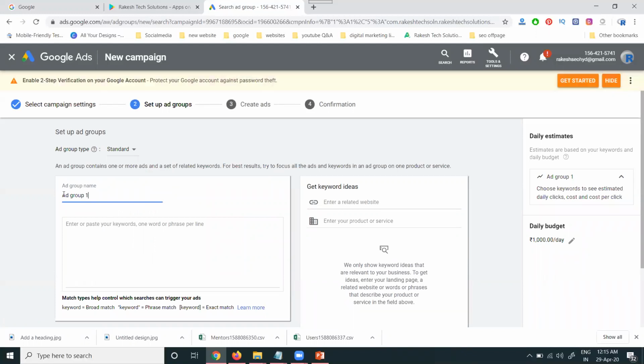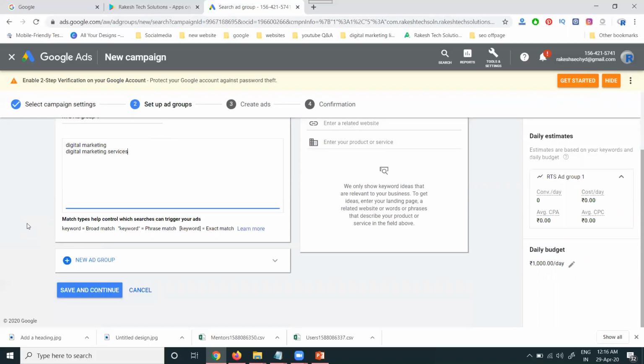Next option. So create the ad group. The ad group's main purpose is to add the list of keywords. In each ad campaign we can create a number of ad groups. Each ad group can have a number of keywords. So I'm just adding a sample one. This is a sample. I'm adding 2 keywords. We can add more than 15 keywords in each group. For each keyword, we use 3 matches for the text ad: broad match, exact match, and phrase match.